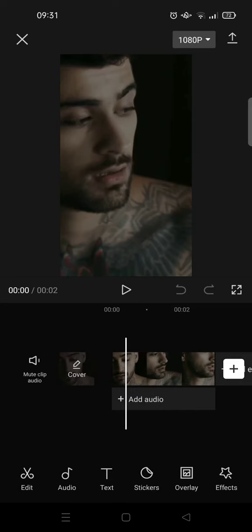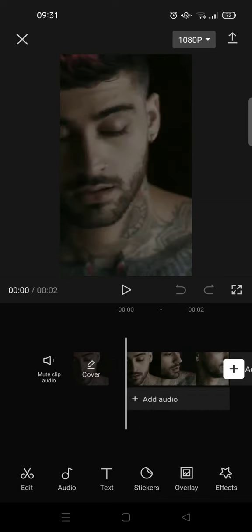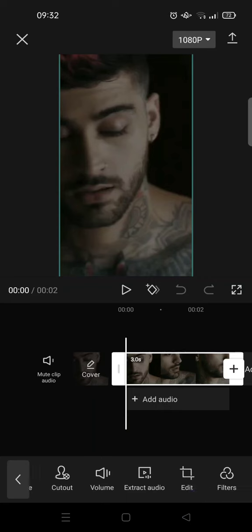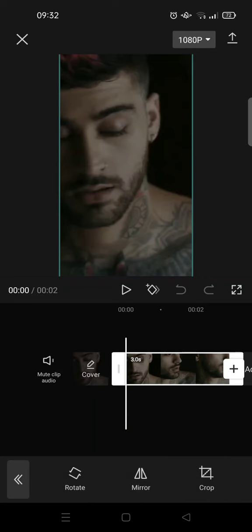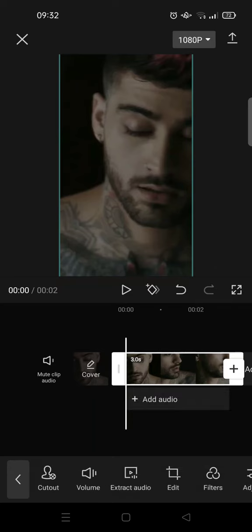On today's video, I'm gonna show you how you can mirror a video in CapCut. So here I've already imported a clip, and to mirror the video, you can just click on the clip and in here swipe until you find edit. Okay, so just click on that and you'll find the mirror feature on CapCut. Click on that and your video will be automatically mirrored in CapCut like this, and you can just go back